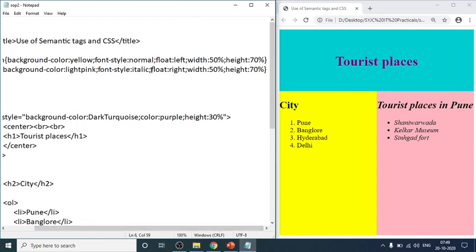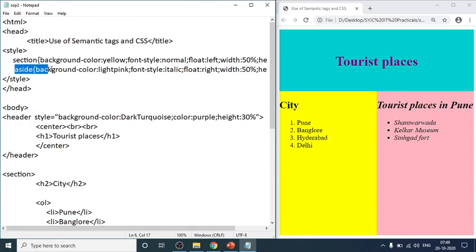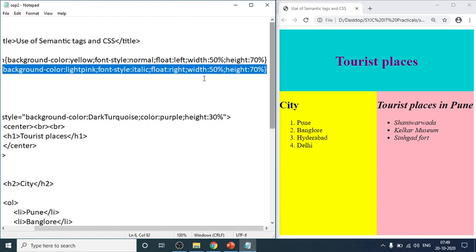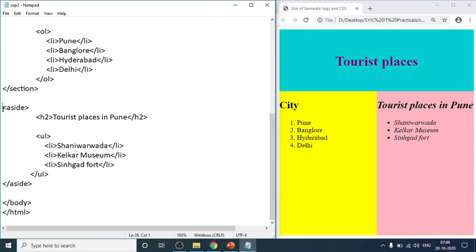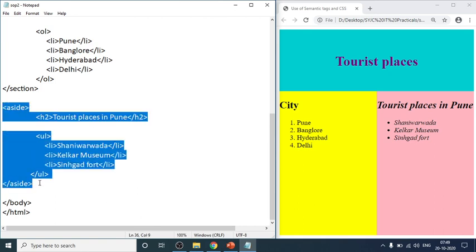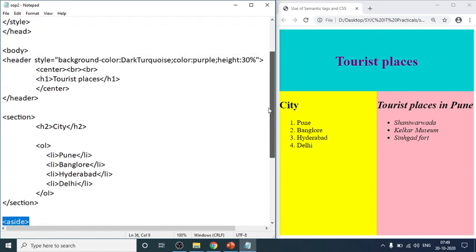Float is right, float: right; so it will float the element on the right side. Width 50% and height is again 70%. Curly brace close. Writing this code for aside is your internal CSS part in the style tag. Along with that, this aside element in your body tag will display this right section. So this is very simple code.